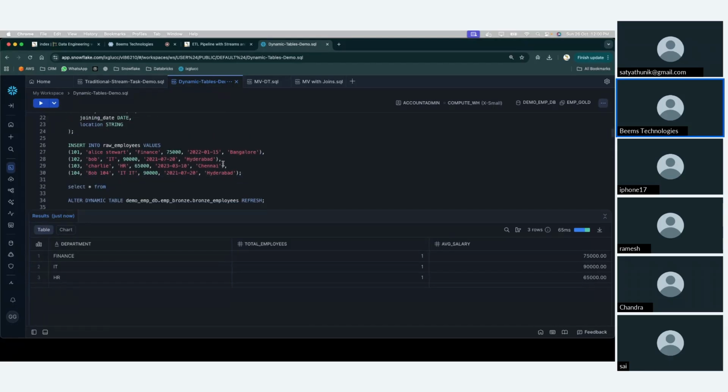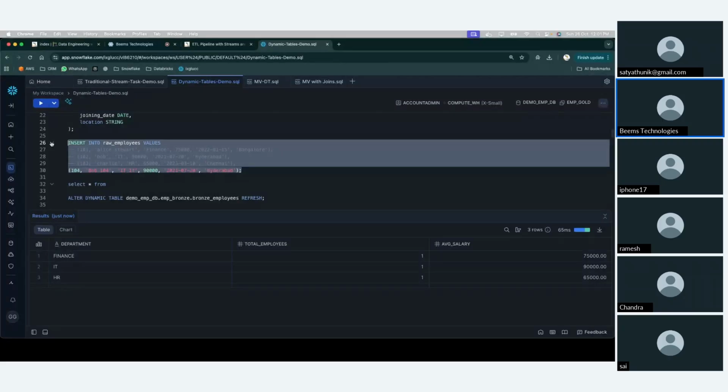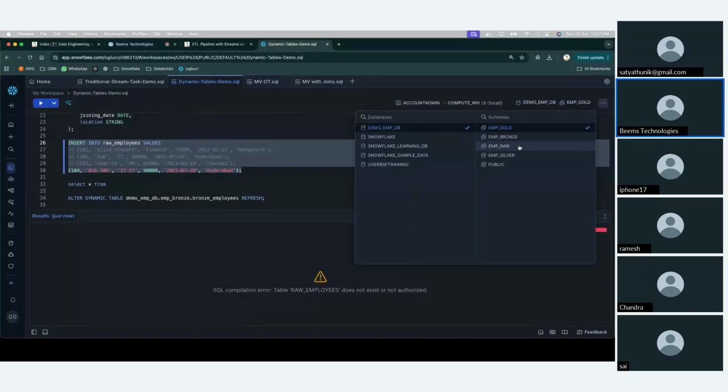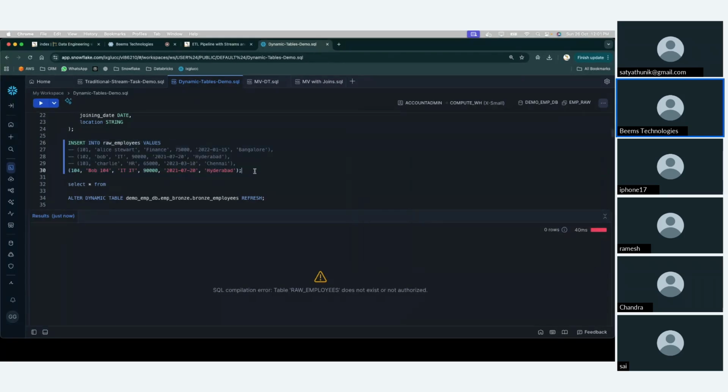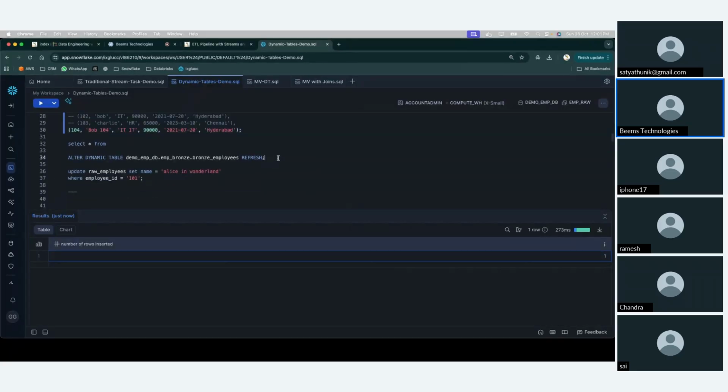So let's say we can comment this, and we can insert this particular record into this raw employees. Now we can insert a record into this raw employees if it does not exist. So here it is gold, right? So now we are going to the employee schema. Okay, in this raw schema we have a single record. So in this one single record,